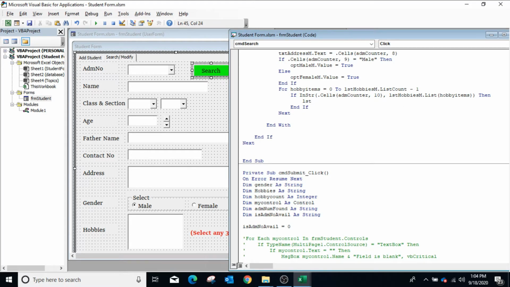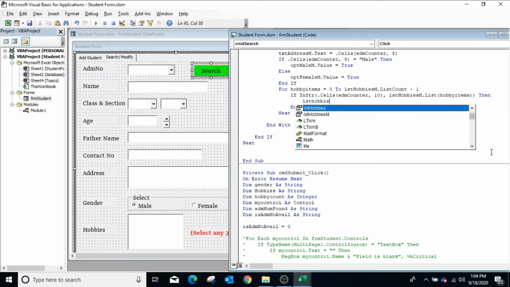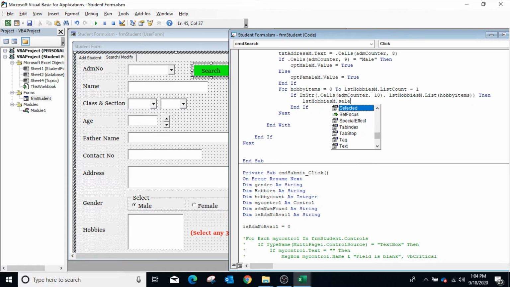we will make the item selected. So list hobbies m dot selected hobby items equals to true. Similarly, for the checkbox, we'll check the value stored in the database sheet.